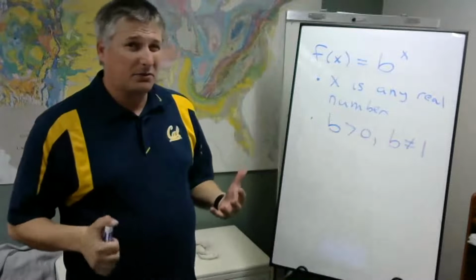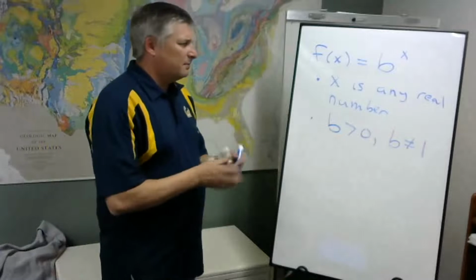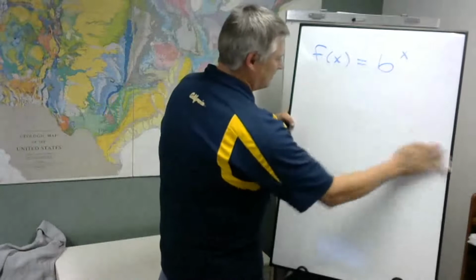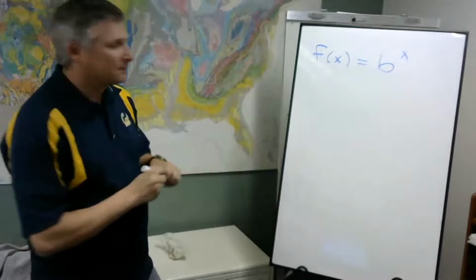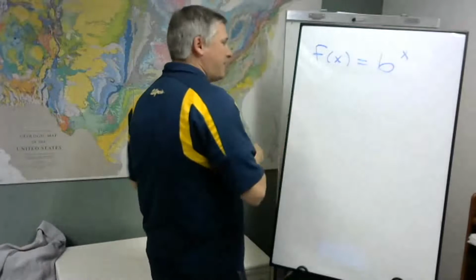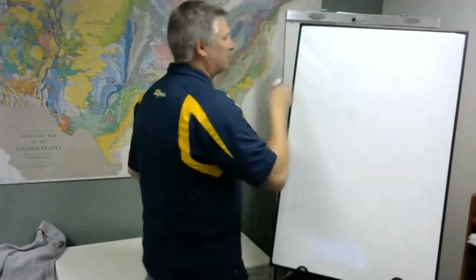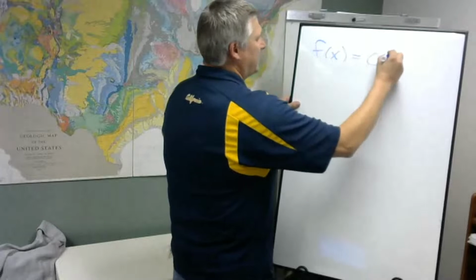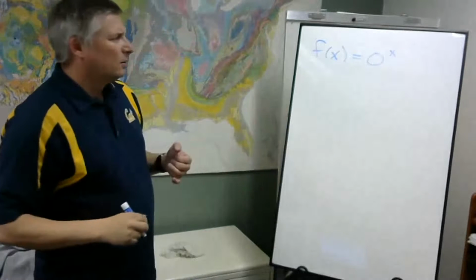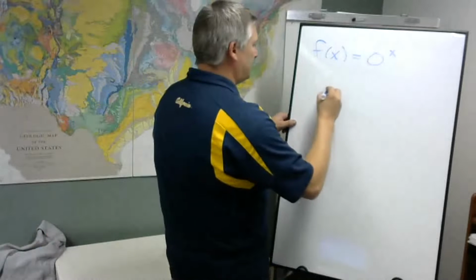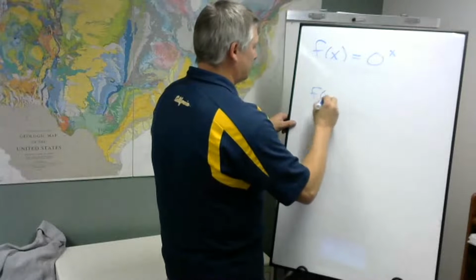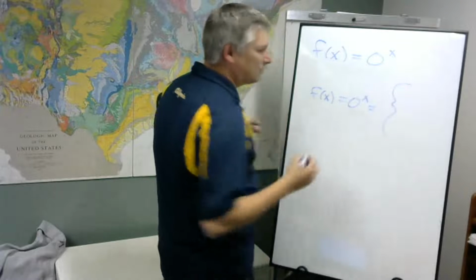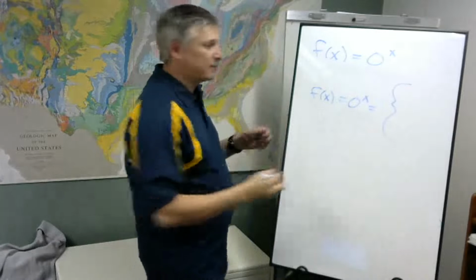And just to discuss why this is true, suppose b was equal to 0, what would happen? Well, there's a few things. Let's say we have f of x equals 0 to the x. Well, what this will be equal to depends on what we choose for x. Now, if x is greater than 0,